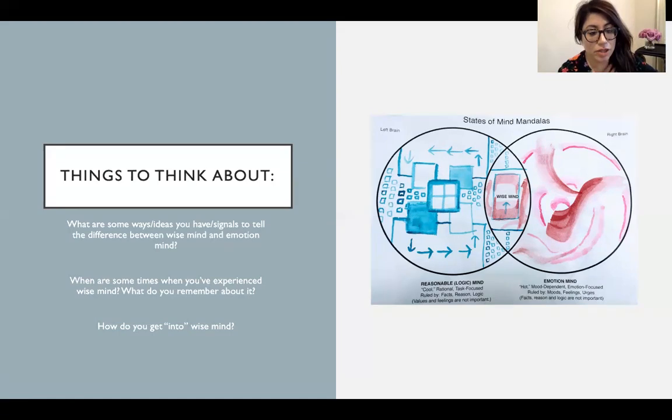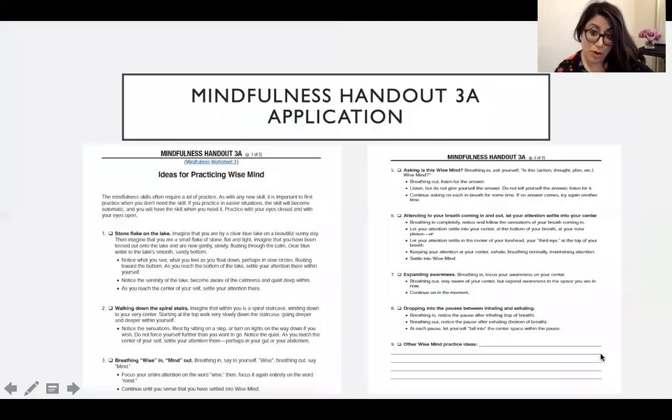And then the second question: what are some times that you've experienced wise mind? And how did that feel for you? And how did you know that you were in that place? And what do you remember about it? The last: how do you get into wise mind, and what are your thoughts on that? And to that point, we will go to this next set of worksheets. So we'll go through some of these experientials a bit more when we're together in group. I'm going to ask you to read through